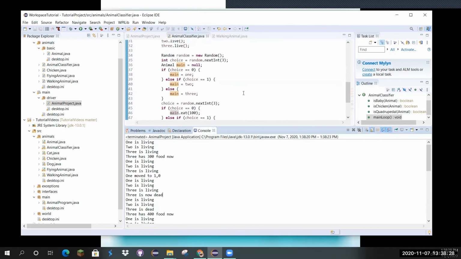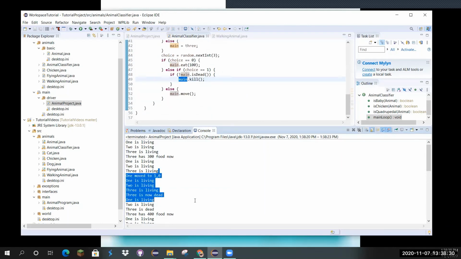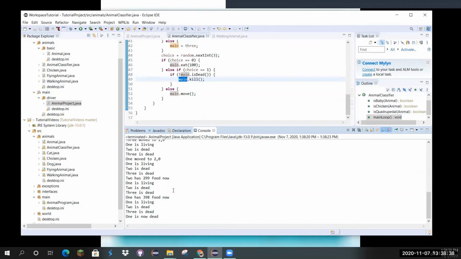So now we just have to look through this, and 3 is dead, 3 is dead, and if we go to this, since 3 is dead, well, it won't die twice now. So yeah,